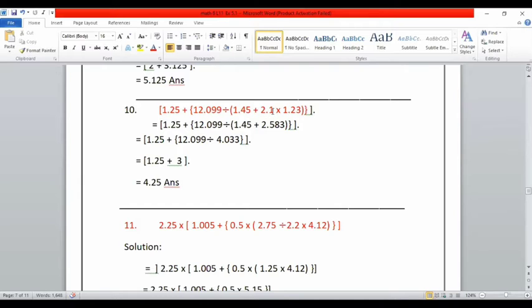As usual, multiply first by 1, then multiply by 2, and then keep the decimal point 3 places from the right. From the right side, count 3 places. The multiplication comes to 2, 5, 8, 3, and keep the decimal point after 3 places, which means after 5 and before 2.